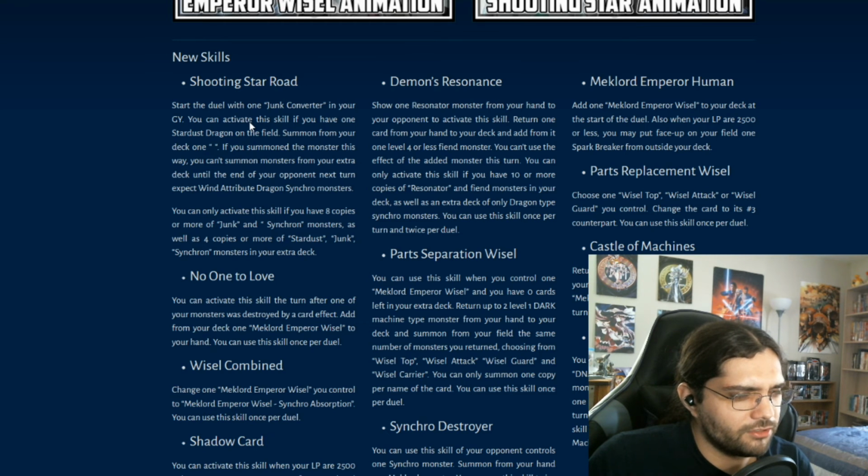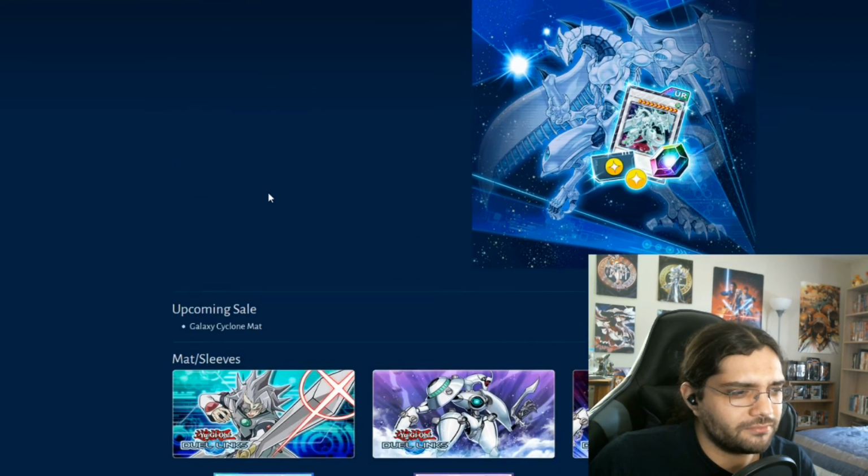and if you special summon the monster this way, you can't summon things from the rest of your deck except for Wind Attribute Dragon Synchron monsters. You have to have 8 copies or more of Junk or Synchron monsters, as well as 4 or more copies of Stardust, Junk, or Synchron monsters in your extra deck. So you've got to have a bunch of Junk and Synchron monsters in your deck and your extra deck to get it to work. Not sure exactly what monster you've got to bring out right now,